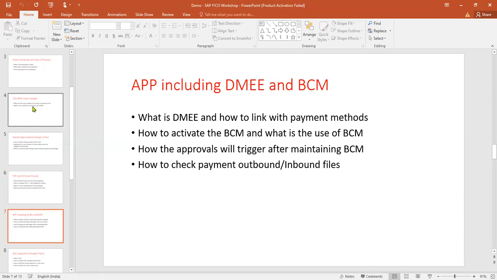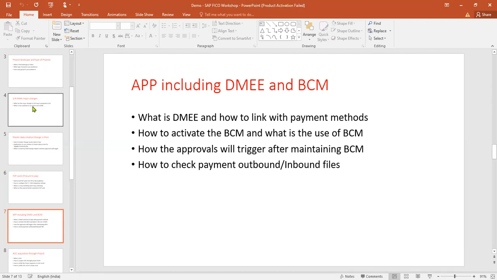What are the configurations? What exactly is the DME structure? How to link the DME structure to the payment methods? How to activate BCM? BCM is nothing but Bank Communication Management. What is the use of BCM? How will the approvals trigger after maintaining BCM?